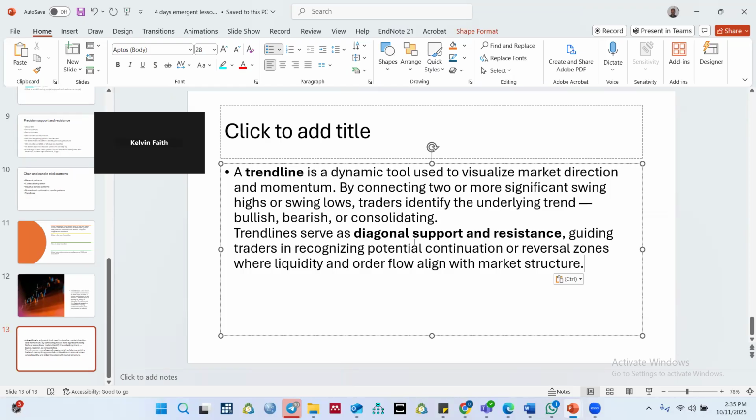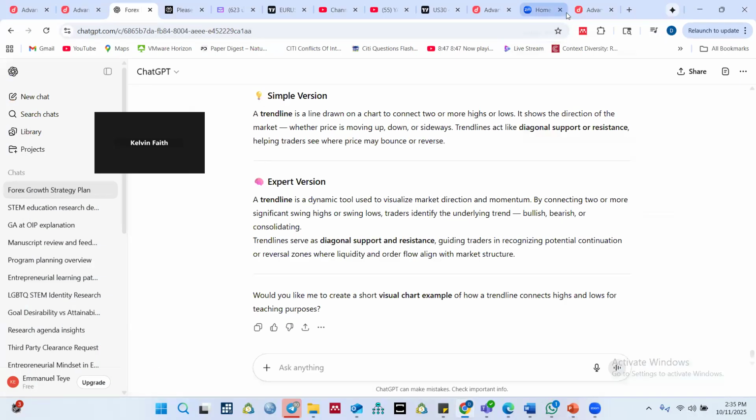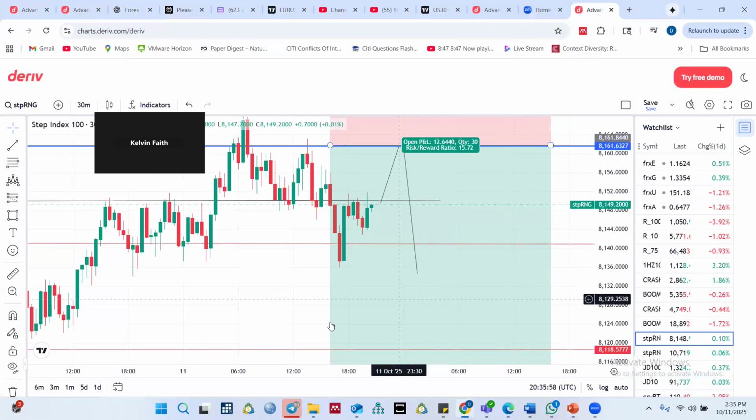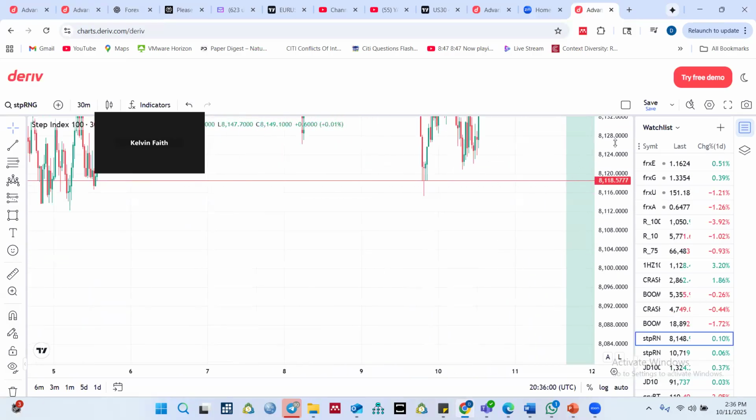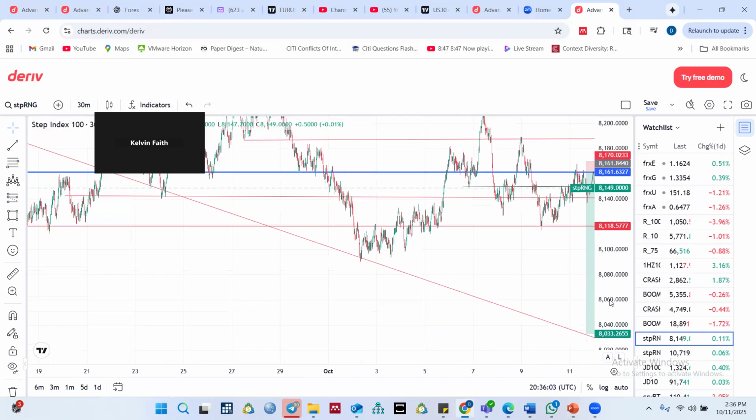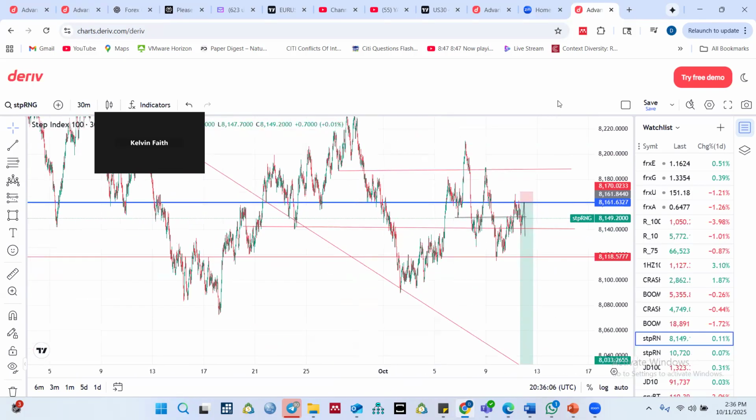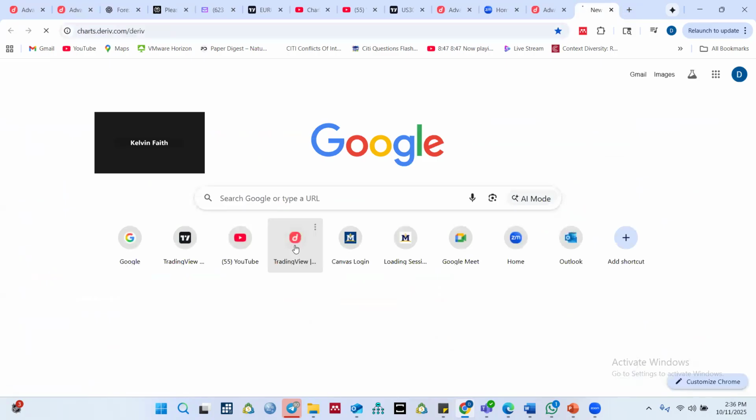Trend lines serve as diagonal support and resistance, guiding traders in recognizing potential continuation or reversal zones, where liquidity and order flow align with market structure. So it's adding a lot of insight from the expert definition view. Good. But the most important thing it's trying to tell us here is that a trend line can connect. Let me open a new